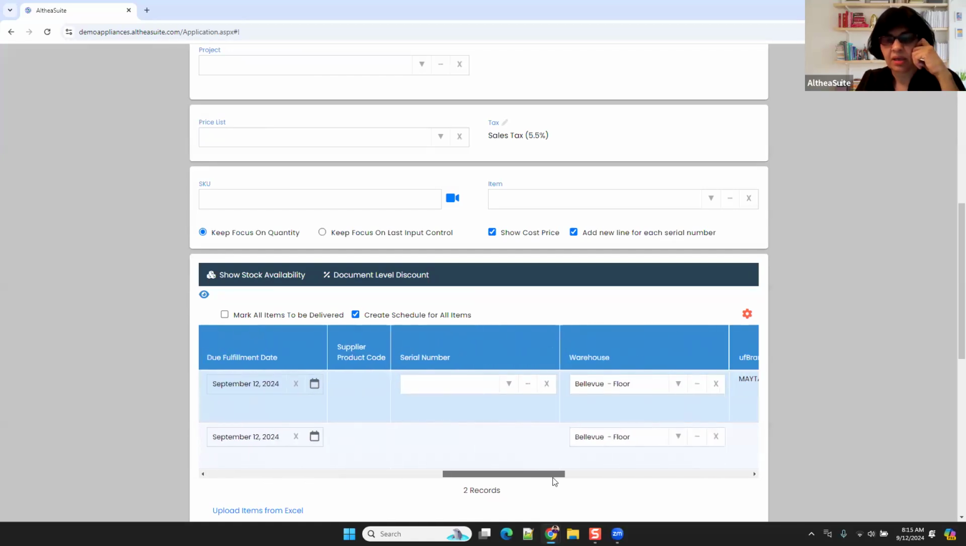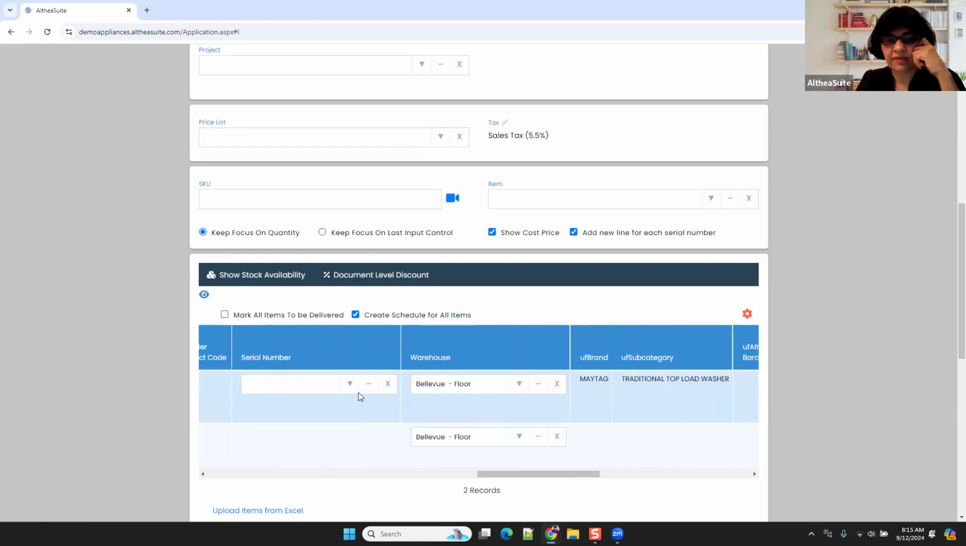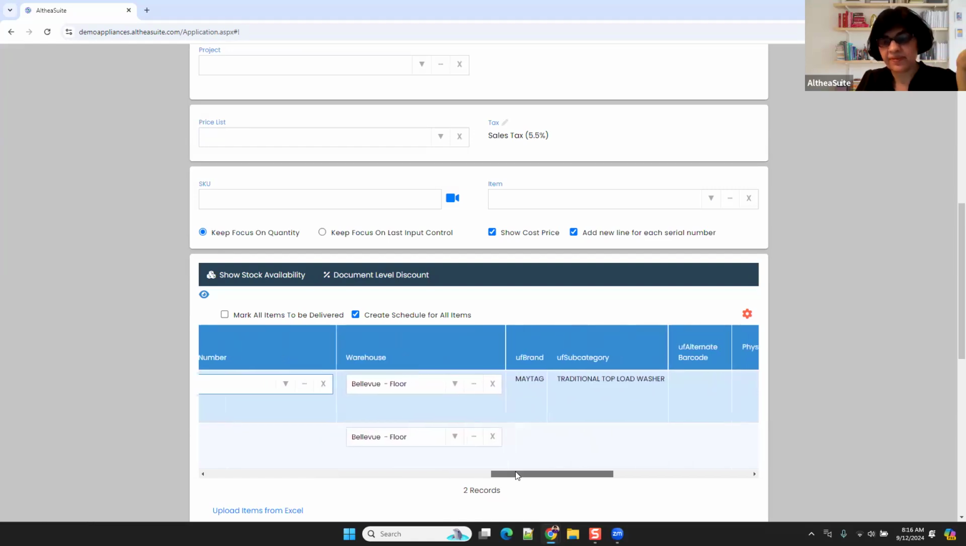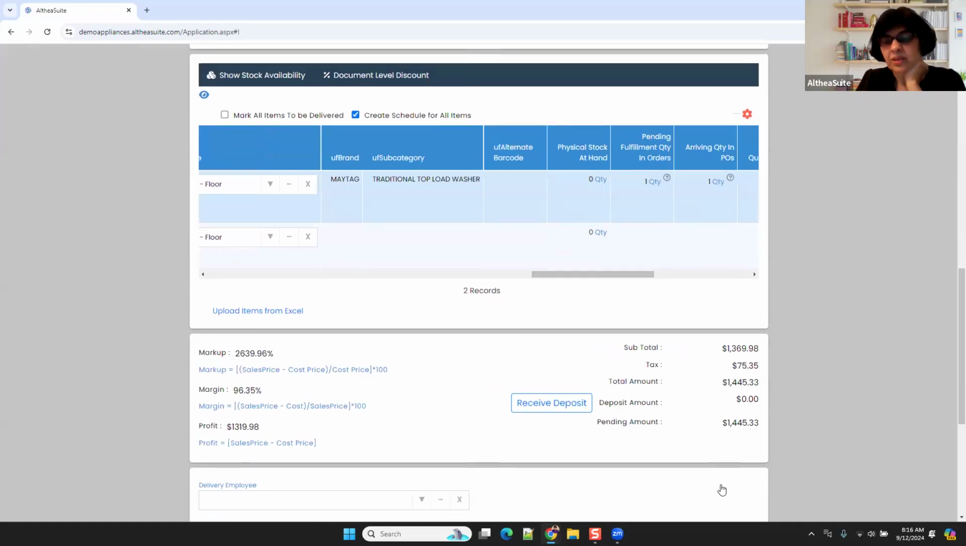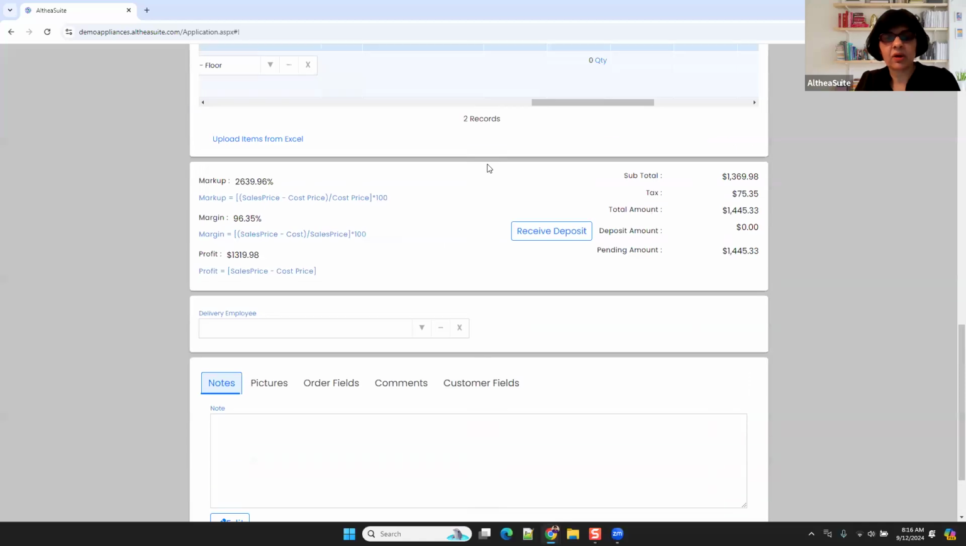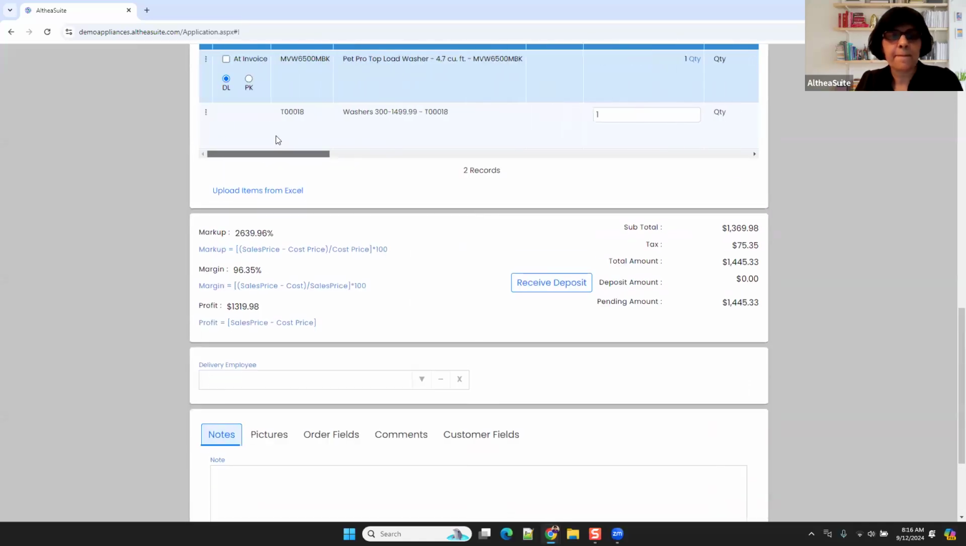Let's go ahead and check it here. There's no serial number available. I don't have stock. Or if it's a product without serial number, even that it is fine. It's showing physical stock in hand is 0. Now let's go ahead and create this order. I will copy that SKU